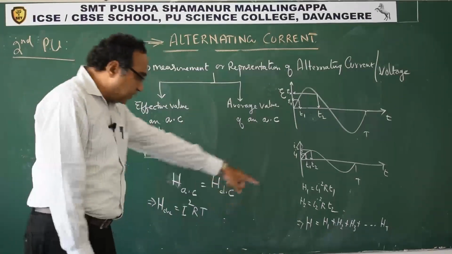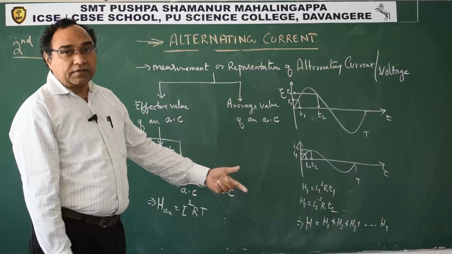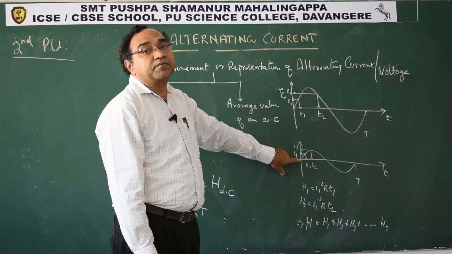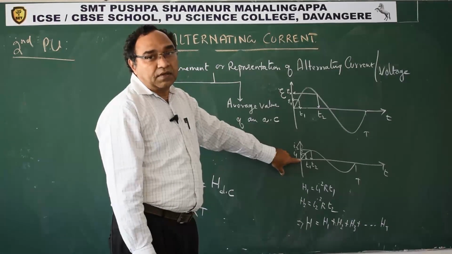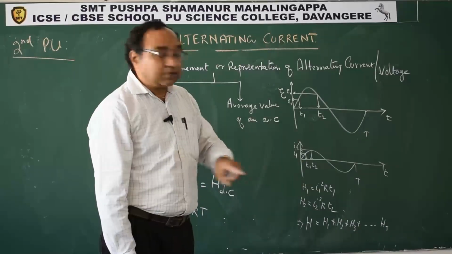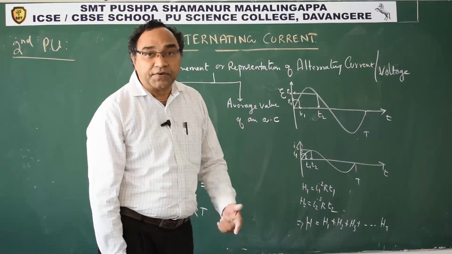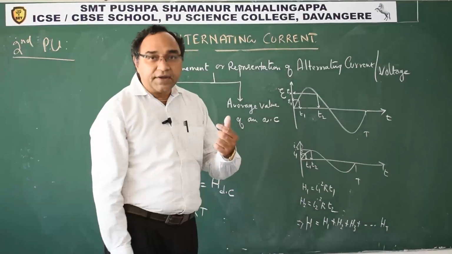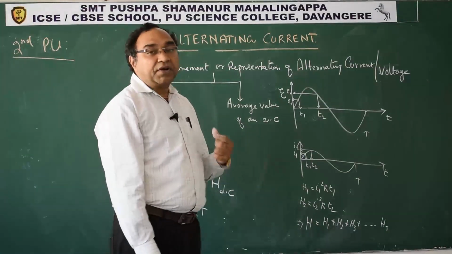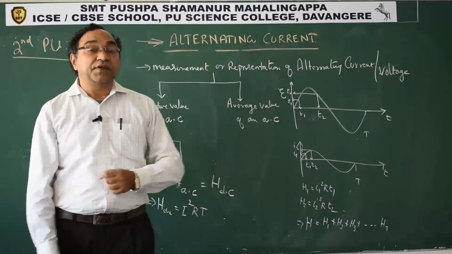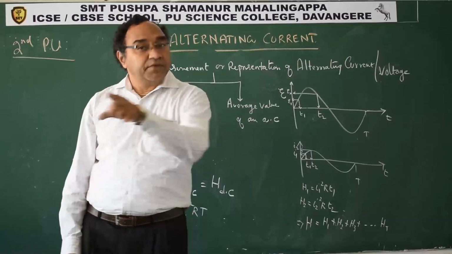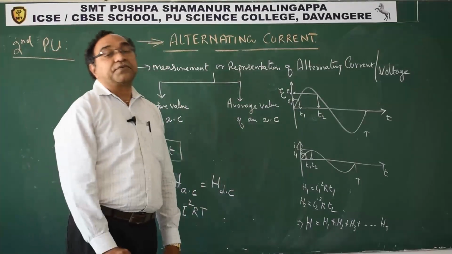Addition. Now this is summation. What kind of function is current with time? Continuous function. When we have a continuous function, summation is to be done by which method? Integration. So we have to go for integration. If the function is not continuous, if it is discrete, discontinuous, then we go for sigma as summation.